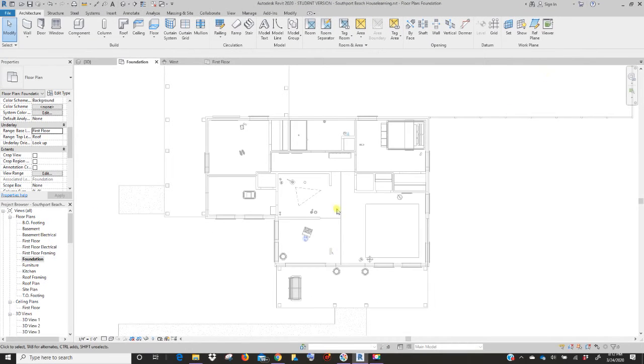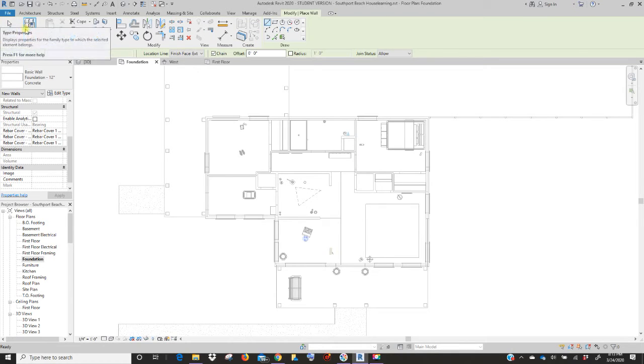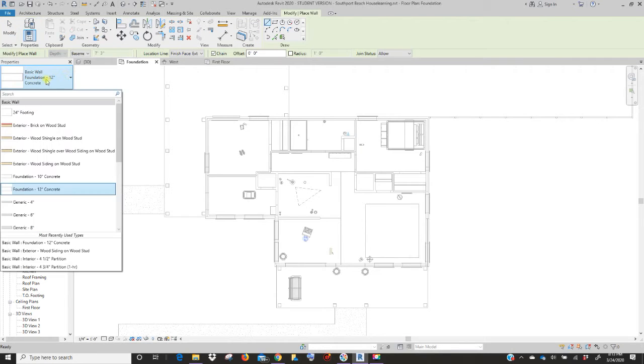So once you do that, now you can see an outline of your house because we need these outside walls so we can place the foundation walls. So now we're going to go to the wall command. When you click wall, we're going to open up your properties and you're going to select a 12-inch concrete foundation